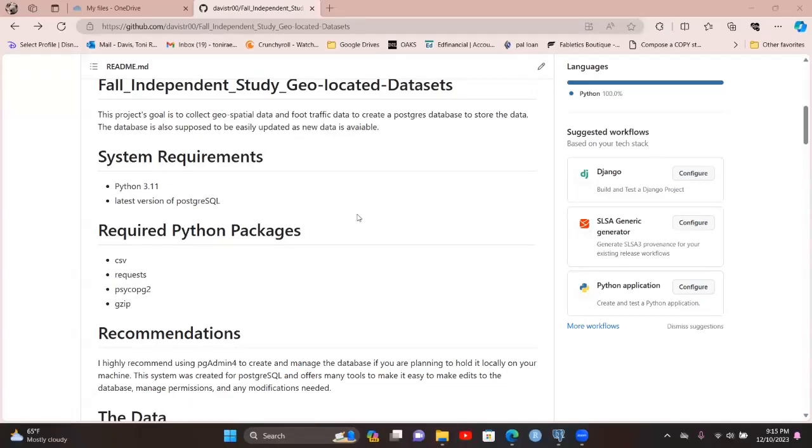Hi, my name is Tony Davis, and I'm going to walk you through how to recreate my independent study project that I completed this fall. So, this project is collecting geospatial data as well as foot traffic data and putting it in a Postgres database